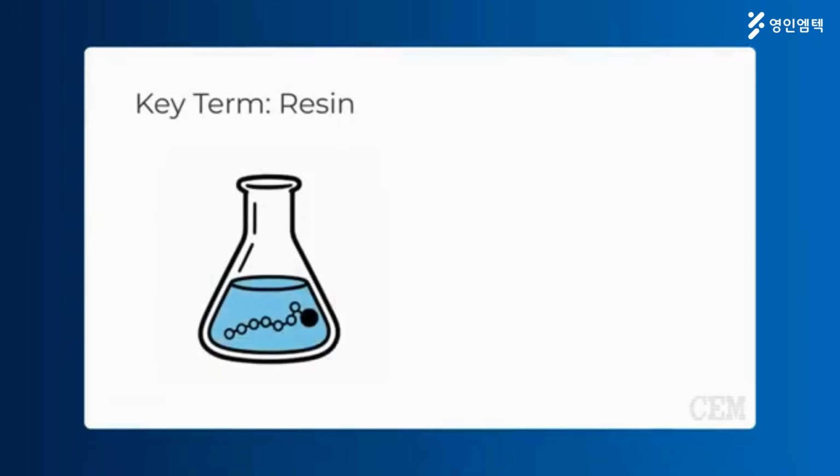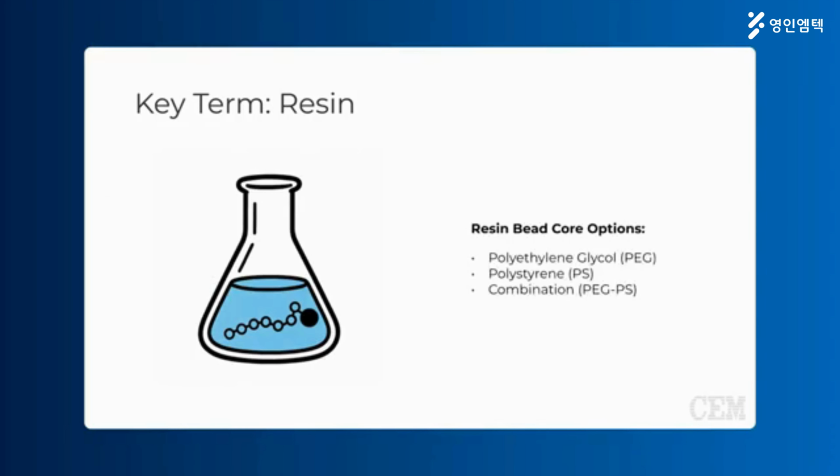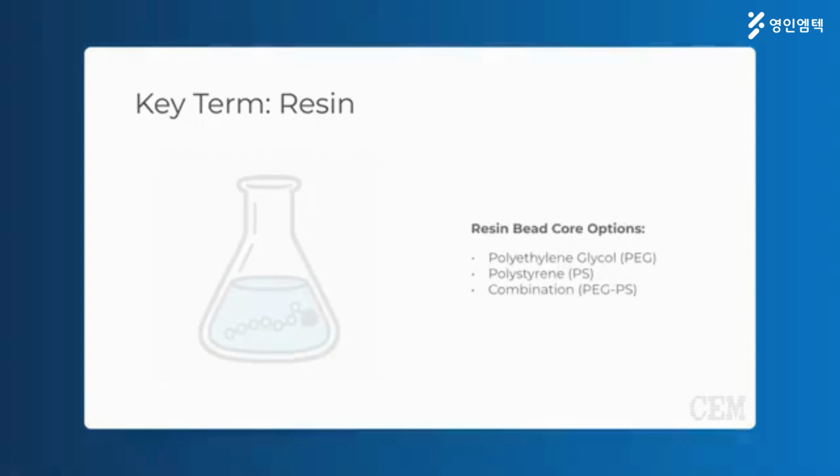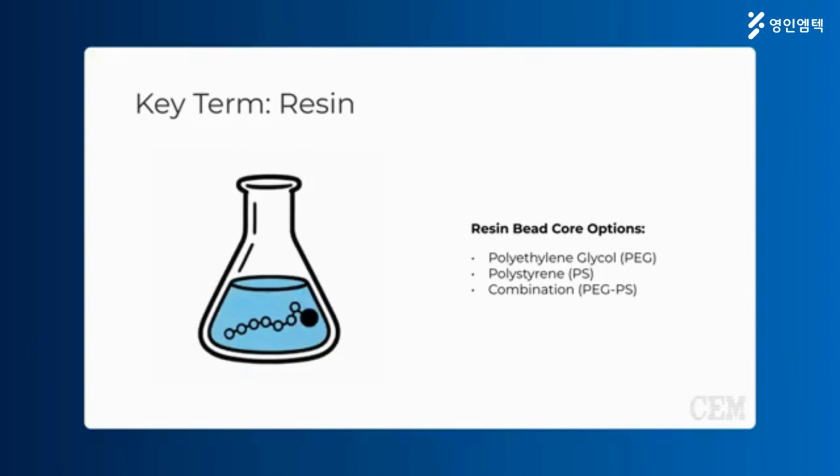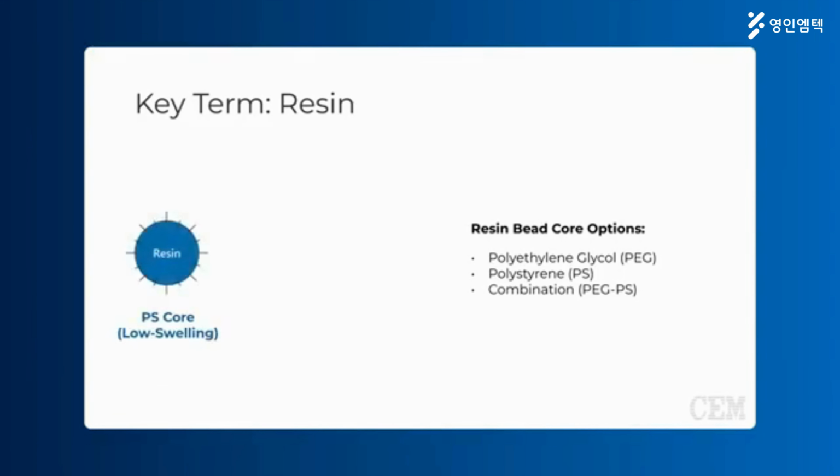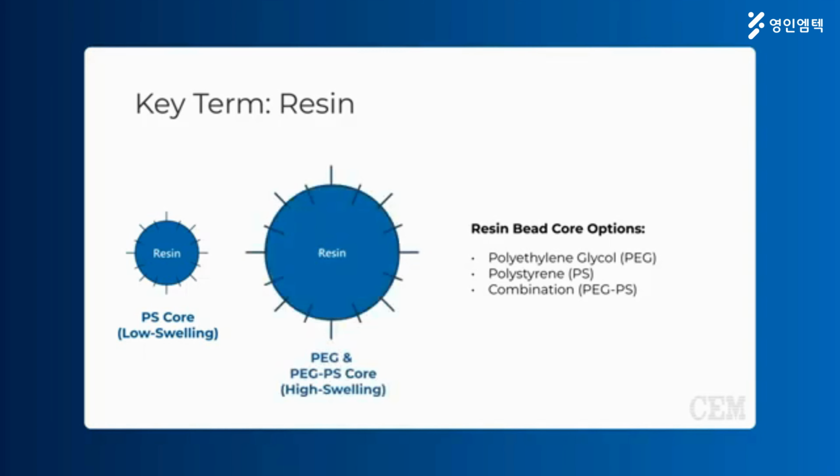SPPS resin beads are insoluble solid supports that anchor a growing peptide chain. A resin's core is typically polyethylene glycol (PEG), polystyrene (PS), or a combination of the two (PEG-PS). Different resin cores have different swelling properties. Low-swelling PS resins are a good candidate for simple peptide sequences, while higher-swelling PEG and PEG-PS resins are ideal for